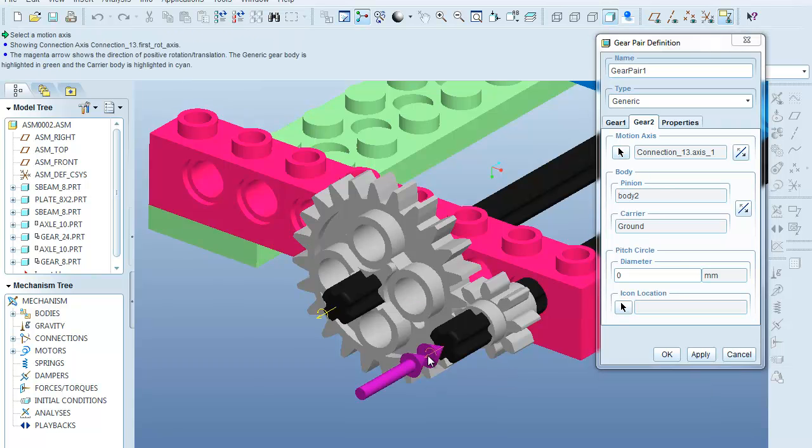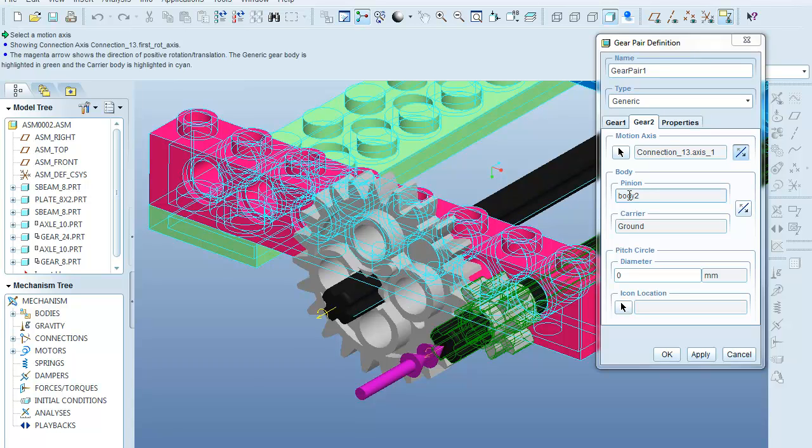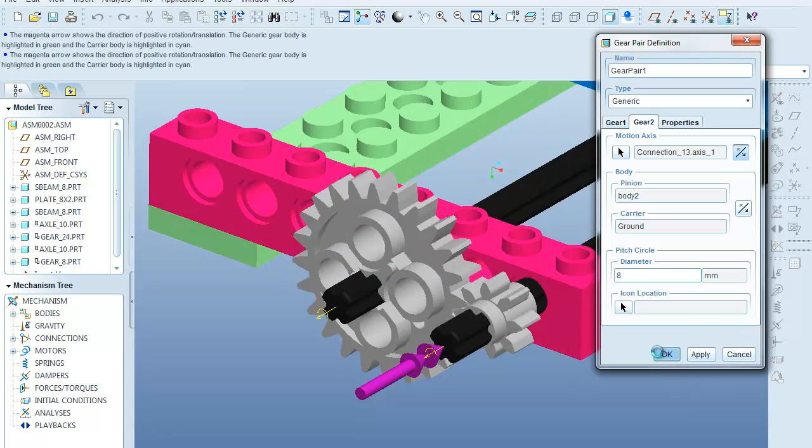Here's the other motion axis. Again, it's doing the same thing in terms of the pinion and the carrier. And this one, the diameter is 8. And if I select and apply that and say OK,